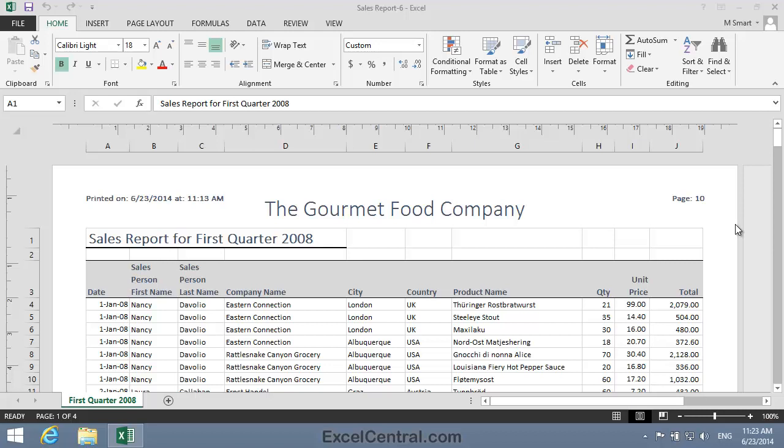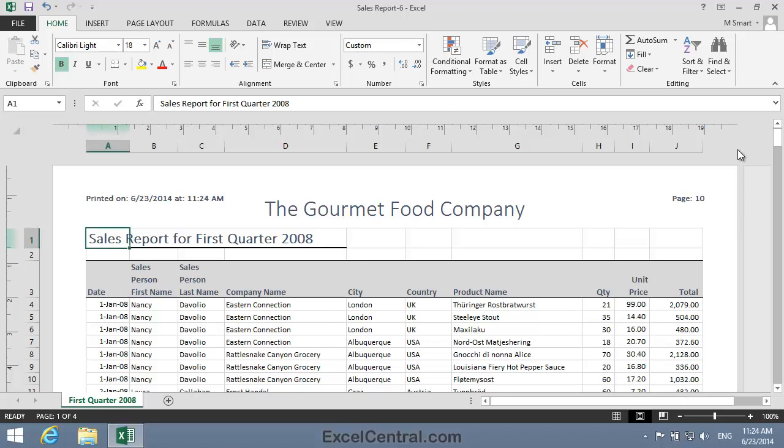For this lesson, you need to open the sample file Sales Report 6 from your Sample Files folder. If you look at the pages of a printed book, you'll notice that there's a different header and footer for odd and even pages. The first page of each chapter is also different. If this sample worksheet needed to be inserted into a publication similar to a book, you'd need to specify 3 different headers and footers. One for odd pages, one for even pages, and one for the first page.